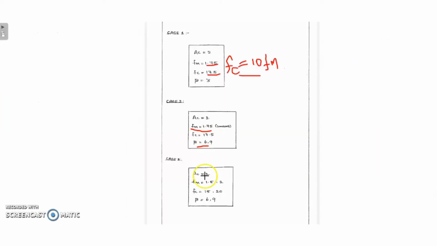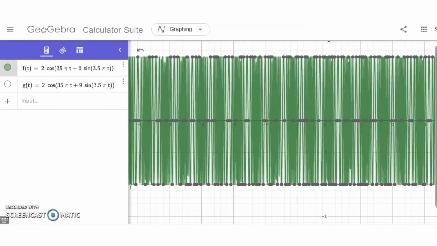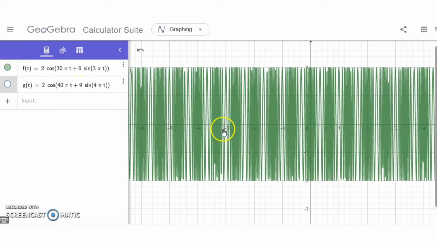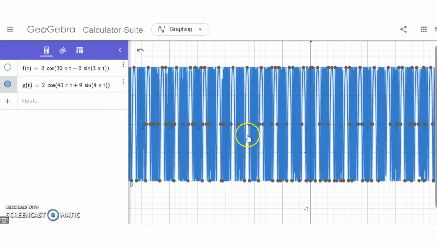Now we move on to case 3. This is the last case. Now vary both the Fm and beta values. For varying both of these values, we get output like this. See, here also the wave is the same, but there is some difference between them. More or less, the gap changes in this equation.